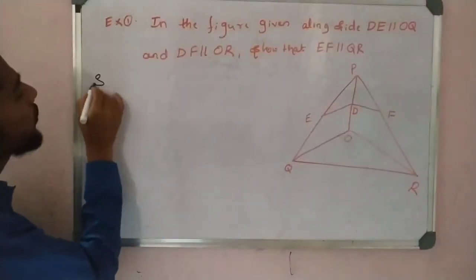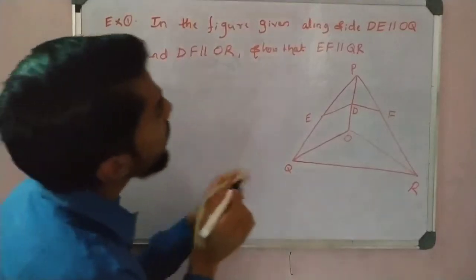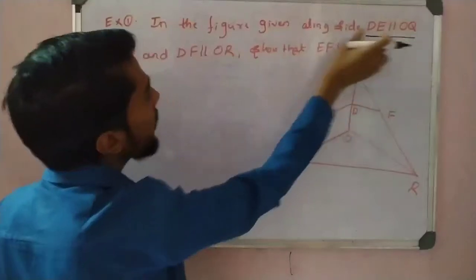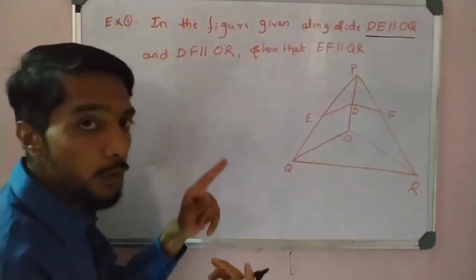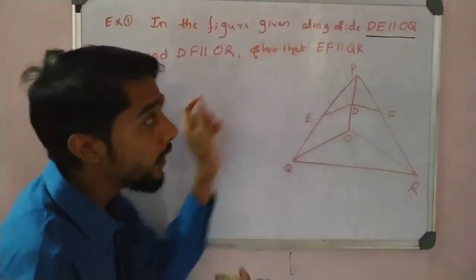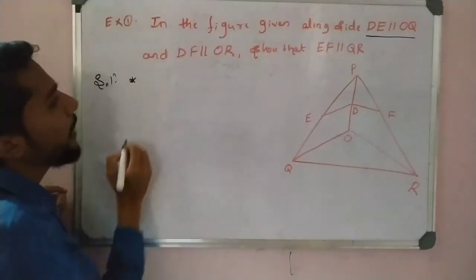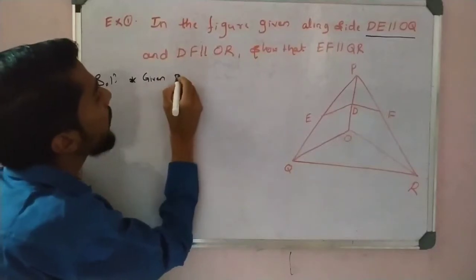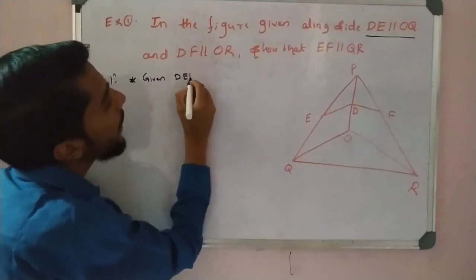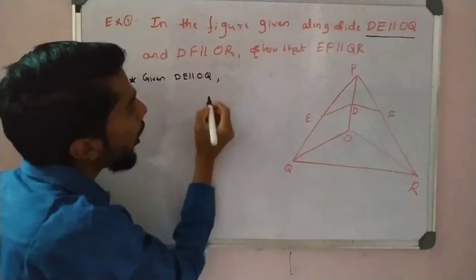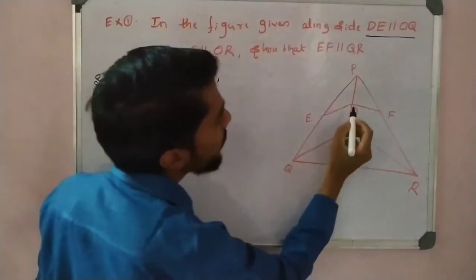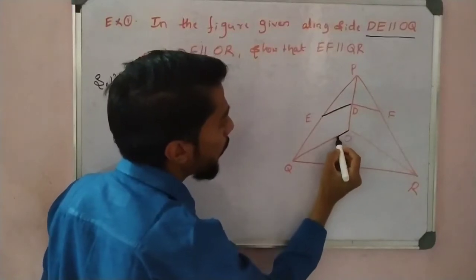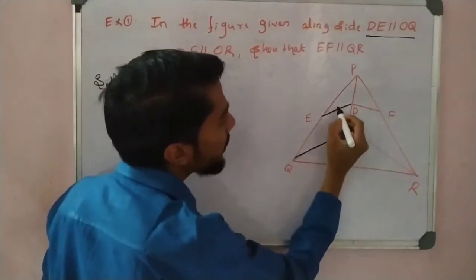See here, solution. What is given here? I can make 2 cases, case 1 and case 2, and by using both cases we can solve this. Case 1: DE is parallel to OQ. Now observe the diagram, where is DE. See here, this DE is parallel to OQ. If these two lines are parallel,